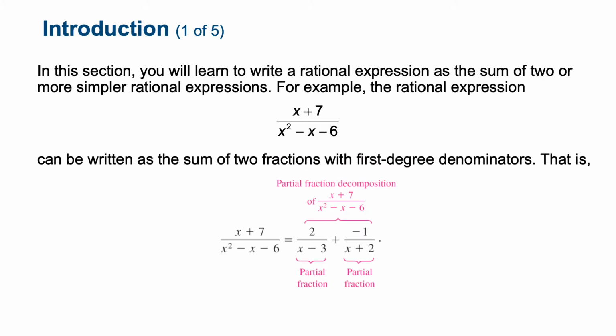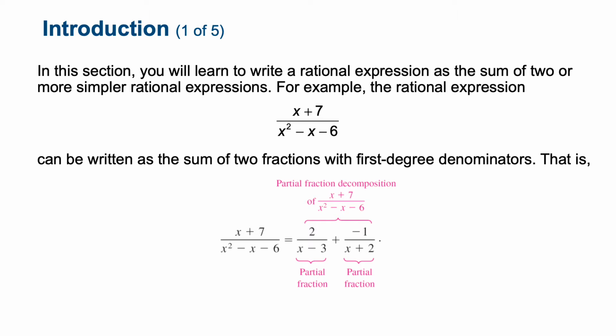Basically we're going to take a rational expression like this one right here. Let's say you have x plus 7 over x squared minus x minus 6. The idea is that you can take any rational expression and write it as a sum of two fractions with first degree denominators. So I can rewrite this rational expression as 2 over x minus 3 plus negative 1 over x plus 2, and they're equal